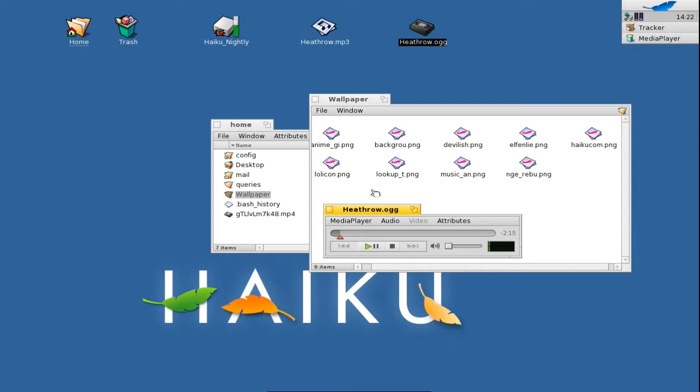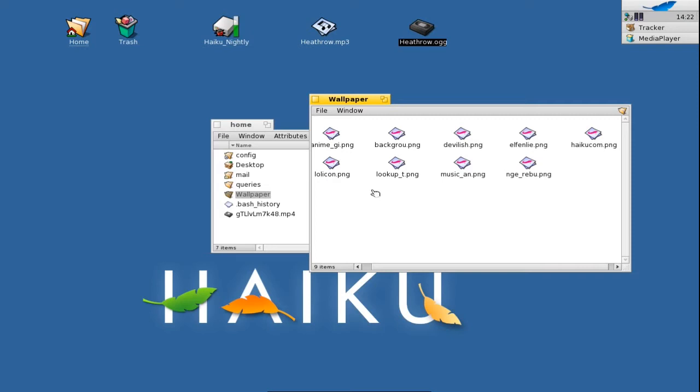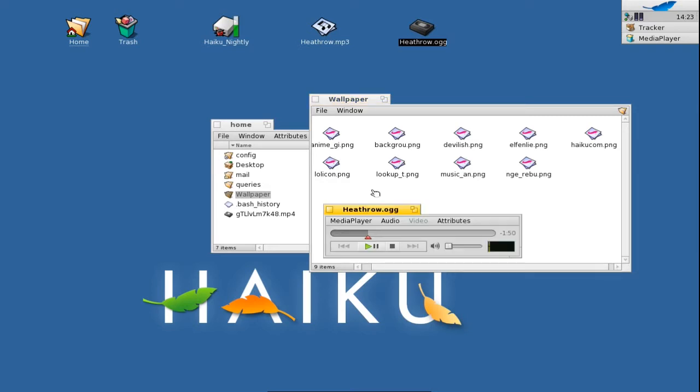If I want to switch without using the mouse from the media player application to one of the tracker windows, I can do so by simply pressing Ctrl Tab once, and this will switch to my lastly used open window of the tracker application, and twice it will go back to the media player application. But what if I want to switch directly to my home folder window that's opened in the